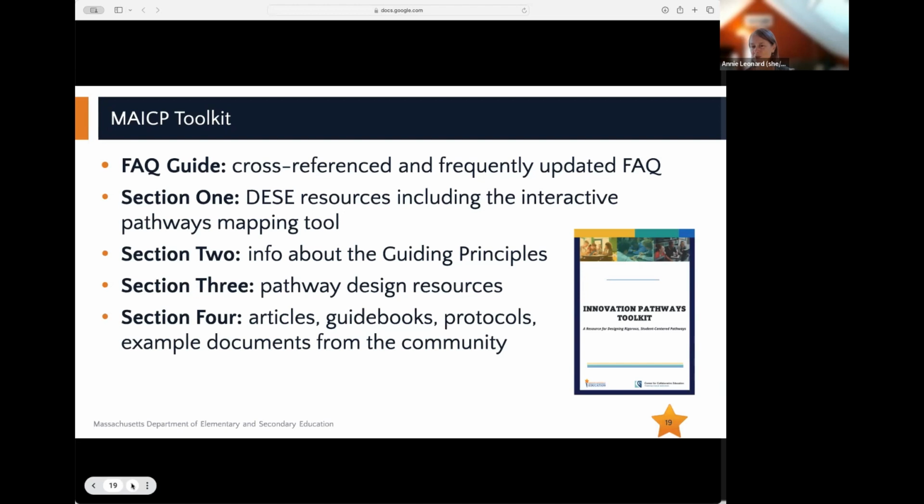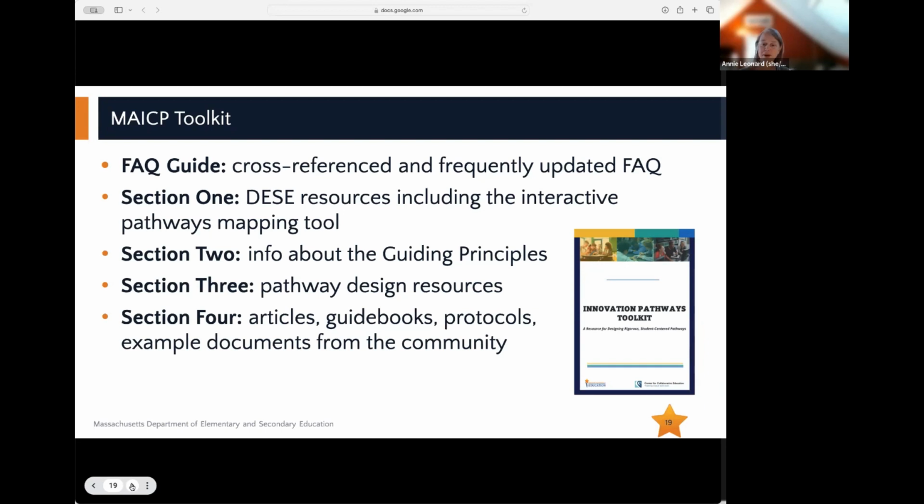And then I also want to just point you to the FAQ guide because that's a place where we really try to update frequently the questions and answers. And sometimes you can find an answer to a question there rather than needing to send an email about it. So please take advantage of these resources, and we also welcome your suggestions about what we could add to our